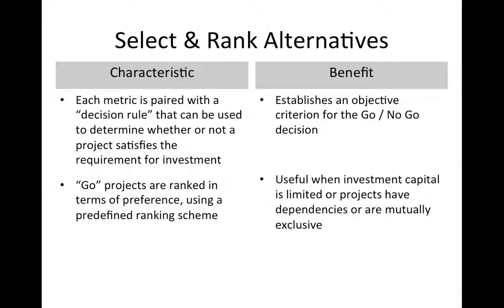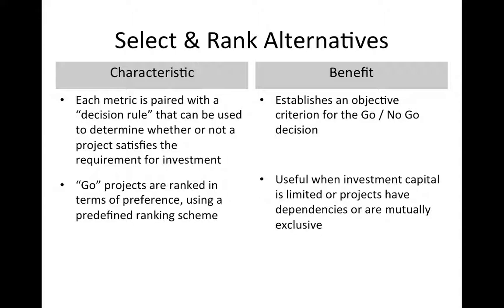And then the last thing is, again, actually making the selection. As I said, there are the metrics, and most of the metrics then come with a rule, what we call a decision rule, that says, now look at the number you've calculated, and if it is this, you do the project, and if it is not this, you don't do the project. And that is how you would make your selections. A lot of times the Go projects are then ranked in terms of some metrics as well, using some predefined scheme. Again, there's a benefit there of consistency: we don't just calculate the metrics, we make the decisions based on the metrics in a consistent way.